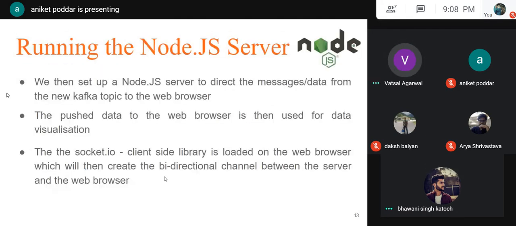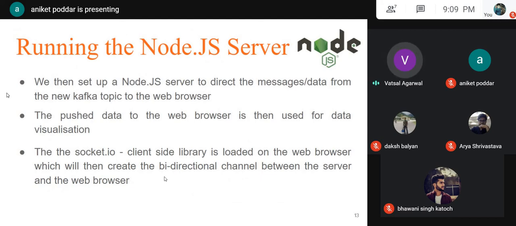Yeah, Bhavani, thank you. Hi, everybody. So, continuing to Node.js. The working of Node.js is that it is creating a server so that we can accept the data from the Kafka node, and further on we can process it, and after that we can use that data and project that to our local host. We have used Node.js instead of other web frameworks because it was a lightweight web framework and it was very suitable for our project and our needs. So we decided to go on with it, and I will discuss how it is used in our project.